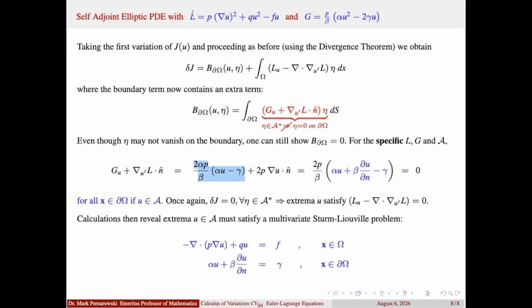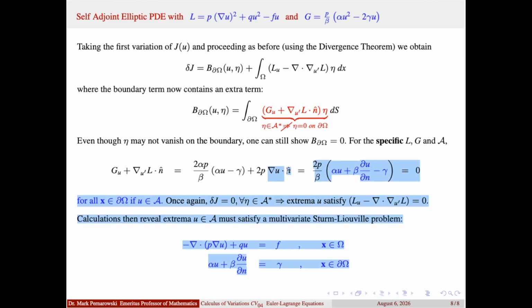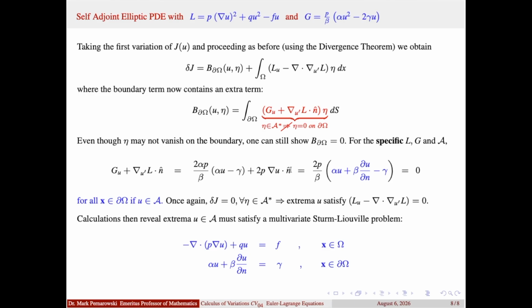The partial derivative of this thing in u sub x and u sub y gives me this expression here. And therefore, this dotted n is the normal derivative of u in n. So I got a normal derivative of u in n times 2p, and I got a 2 alpha p over beta times this thing here. There's a common factor that I can pull out, 2p over beta times whatever is in all of this. It turns out that what's left over is,